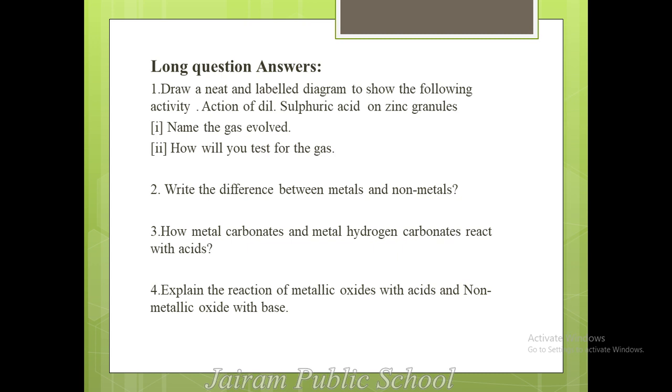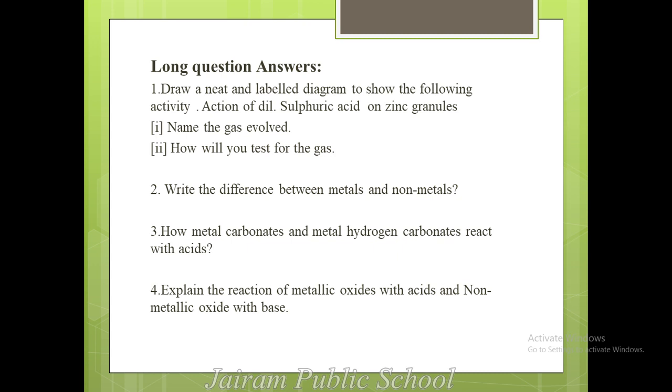In both test tubes you have to add dilute HCl. In the first test tube we have sodium carbonate, and in the second sodium hydrogen carbonate. Add 2 ml of dilute HCl to both test tubes and observe what is happening in the reaction vessel. After some time, some gas will be produced, and that will be passed through lime water. Lime water means calcium hydroxide solution. You have to record your observation and write it in the form of equations.